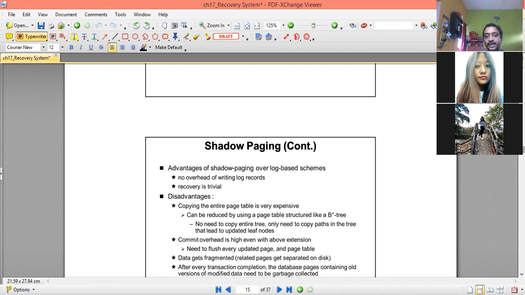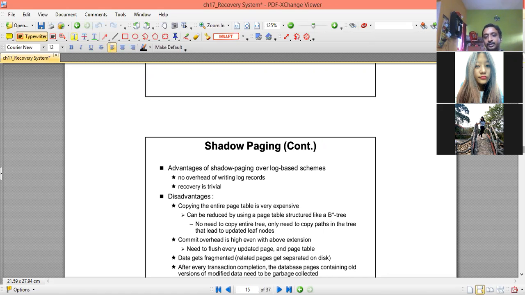However, this policy has some disadvantages also. Shadow paging has some disadvantages. The entire current page table needs to be flushed often to reflect the changes into the stable storage, and that increases the overhead of the system.